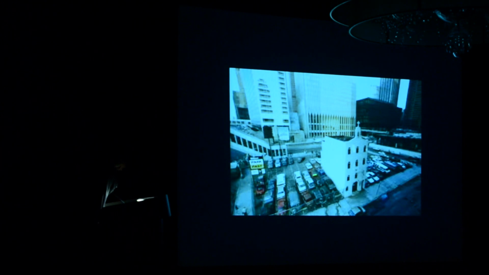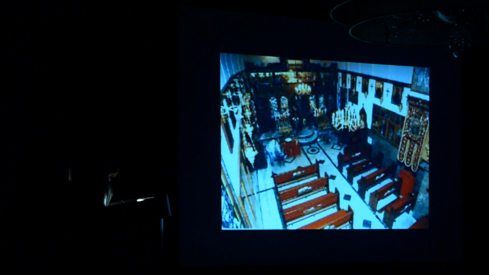The rest of the block of St. Nicholas was parking lot. Now, how come that St. Nicholas was in the block next to the original? How come that it was destroyed? When one of the two twin towers fell, because the distance is small, it came down on top of St. Nicholas. Now, this is the interior.